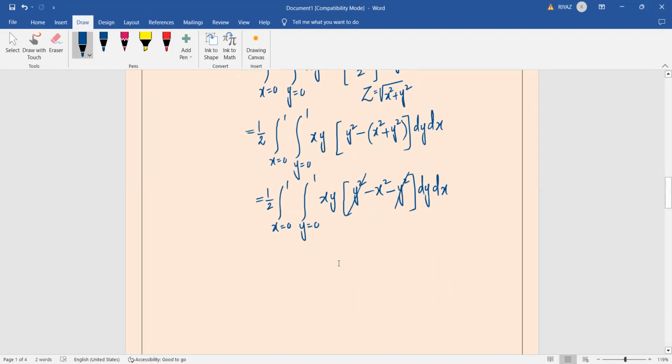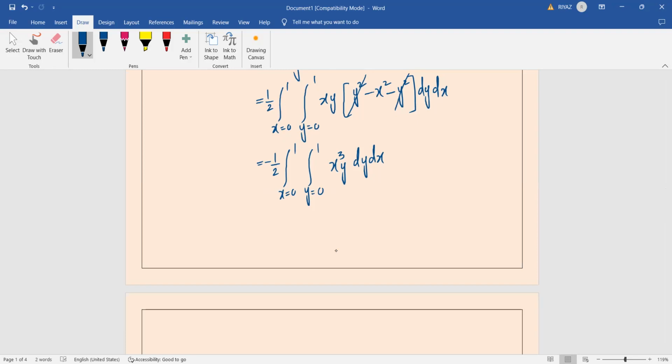Now, whatever terms are left, we have to multiply with that term also. So what I will do, we'll pull the minus sign out. Minus sign out means minus 1 by 2 out. x is equal to 0 to 1, and y is equal to 0 to 1 again. And whatever is left now, we have to multiply with xy. So we are getting our answer as x cube into y, dy into dx. Now I want to integrate this function with respect to y. In that case, x will be a constant.